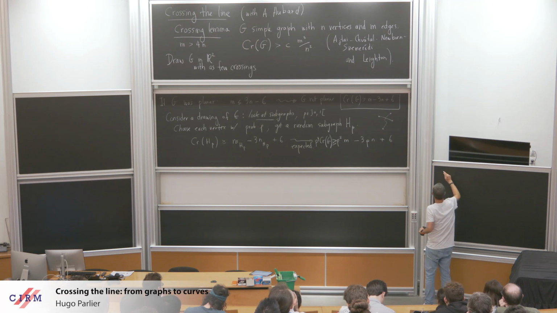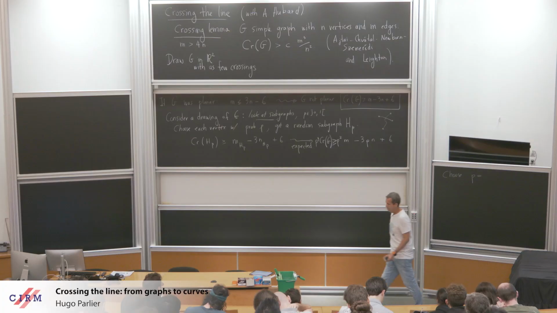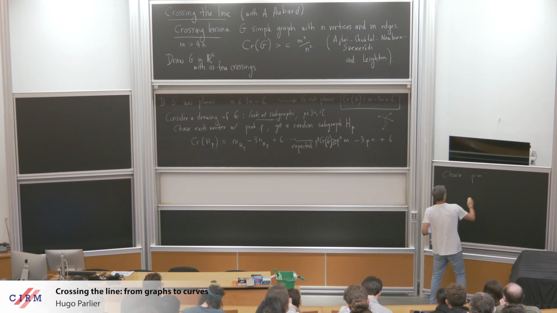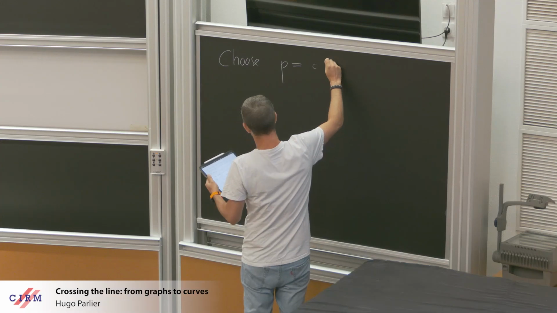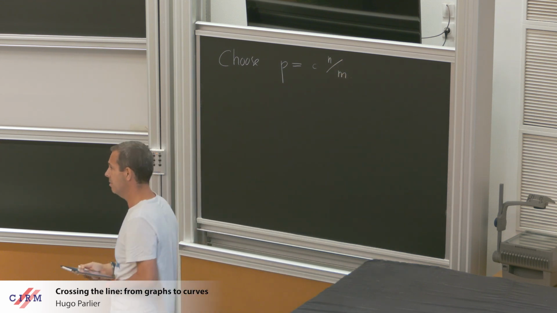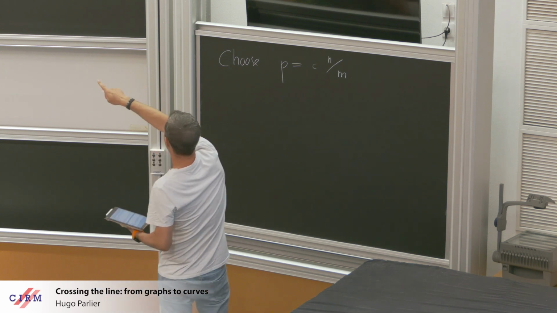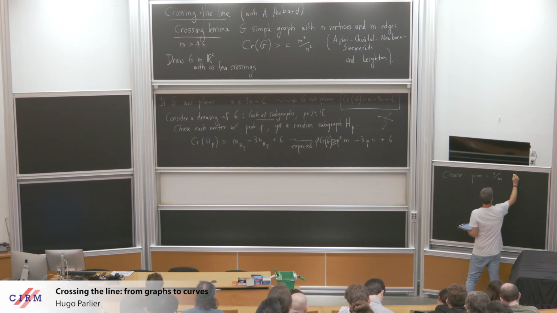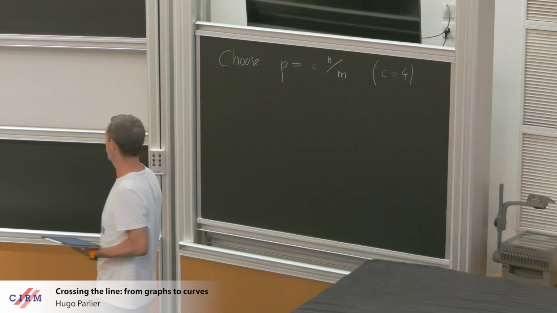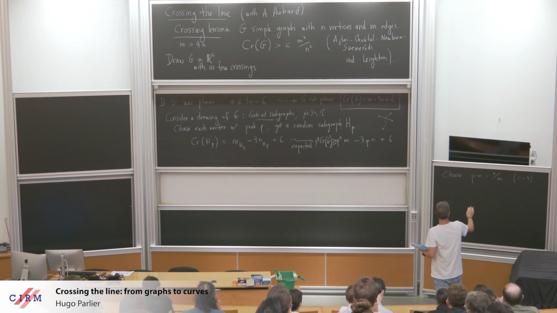Okay. And now I want to choose p to be equal to some constant times n divided by m. Okay, so there's different choices I can make for this constant. But the point is, when I do this, I engineer this thing here. In fact, if you want, you can take c to be equal to 4. That's one possibility, because I took m greater than 4n, so then I want this to be less than 1.